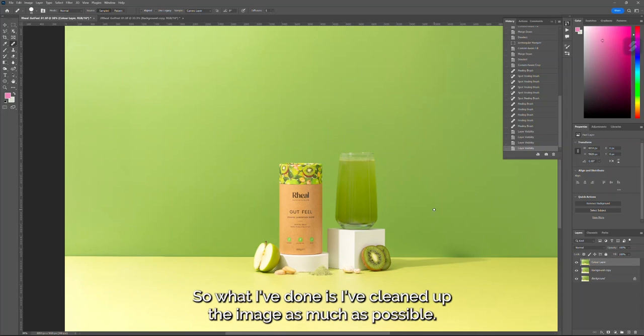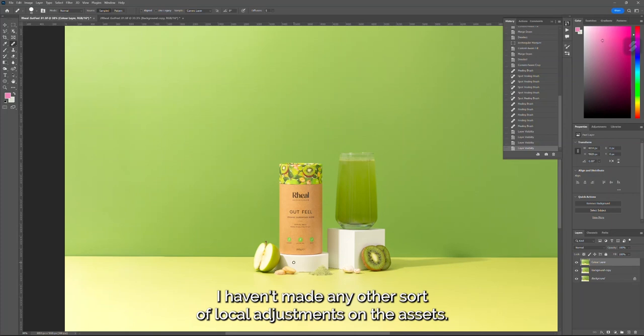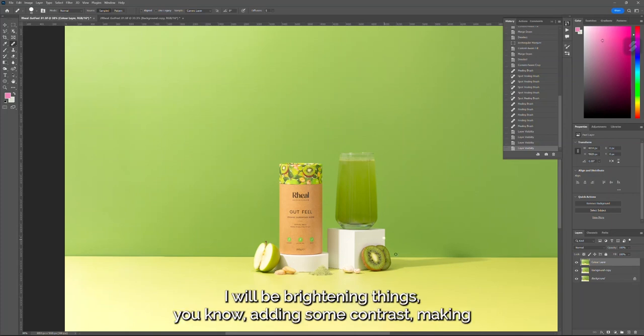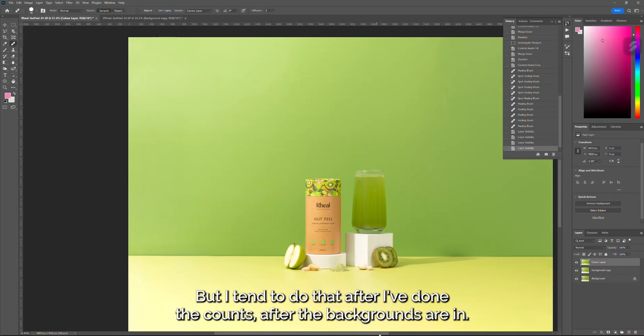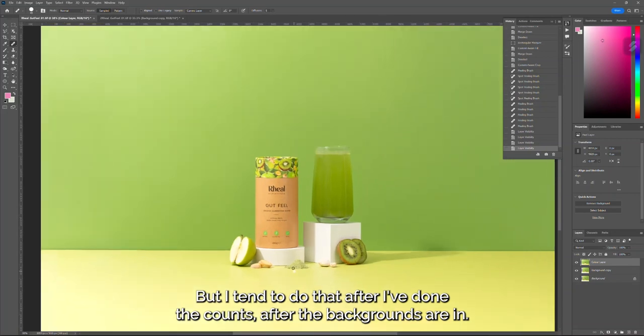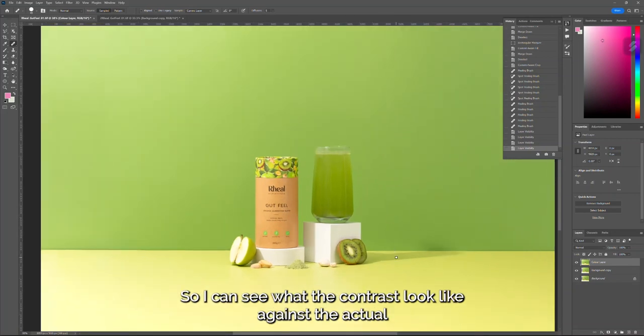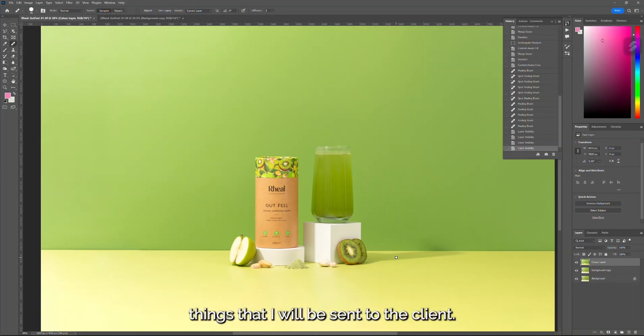So what I've done is I've cleaned up the image as much as possible. I haven't made any other local adjustments on the assets. I will be brightening things, adding some contrast, making sure the colours really pop and a colour match to the actual products. But I tend to do that after I've done the cutouts, after the backgrounds are in, so I can see what the contrasts will look like against the actual things